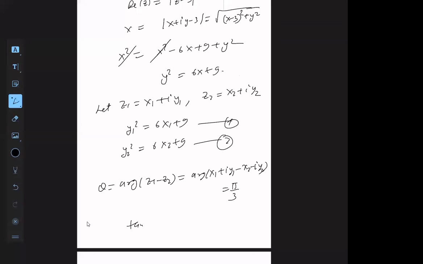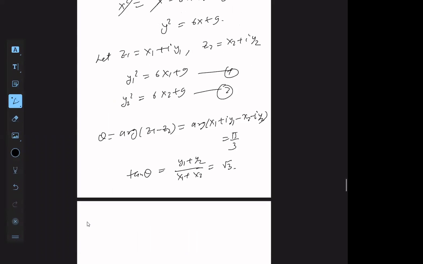So tan theta is y1 plus y2 upon x1 plus x2 होता है कि नहीं होता? tan theta के equal to tan pi by 3, root 3। हमने पढ़ा था ना अल्फा क्या होता था? tan इनवर्स mod y upon x। तो यही तो मैंने लिख दिया है। So basically I am getting y1 plus y2 is equal to root 3 times x1 plus x2।